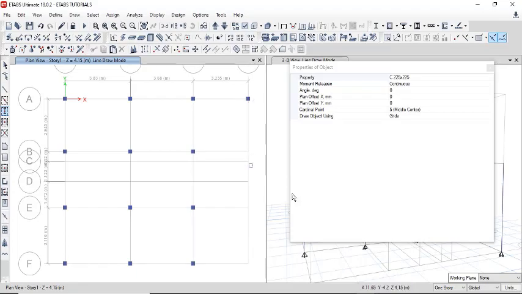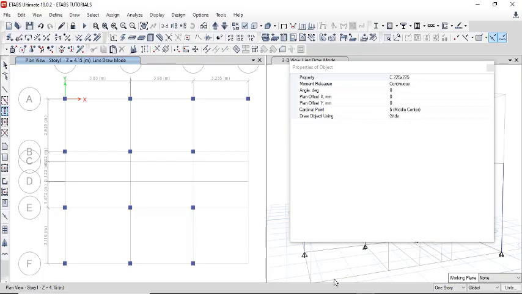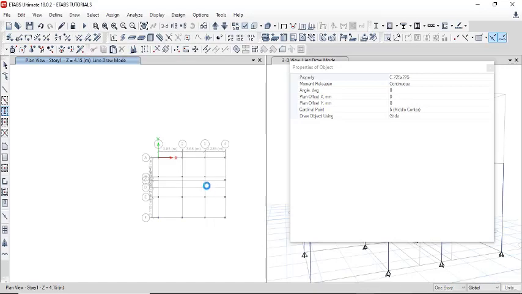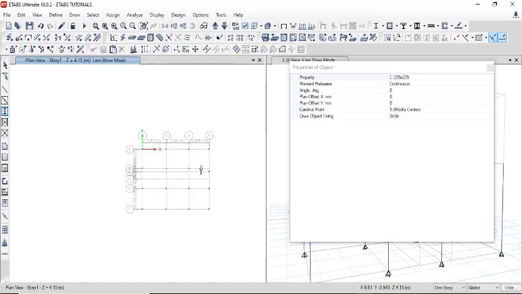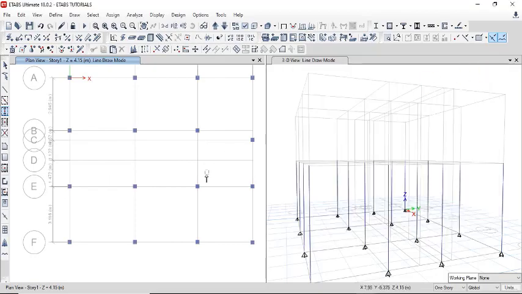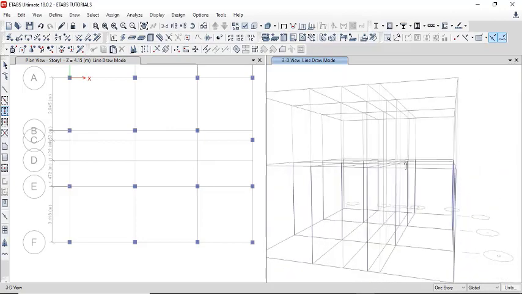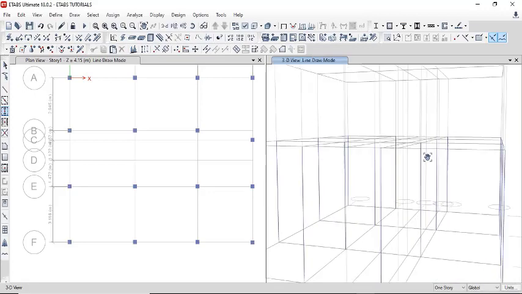In this particular place, we can see from our drawing, just be sure that the exact location of this column is the same way you are going to place it in your ETABS drawing. So we are not going to place it right here at grid point 4. We are going to put it here at grid point 4C. So we put it here, and put it here. Please always take note of the general arrangement in AutoCAD while placing your structural elements. You should always know not to close this dialog box while you are placing your objects. After you are done with this particular region, click on the close option. And as you can see in our 3D view display window, this is our modeling.